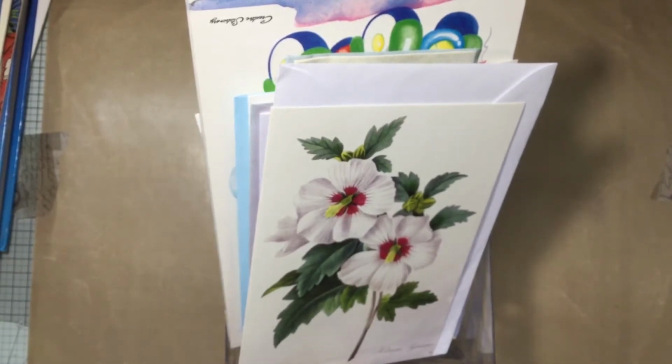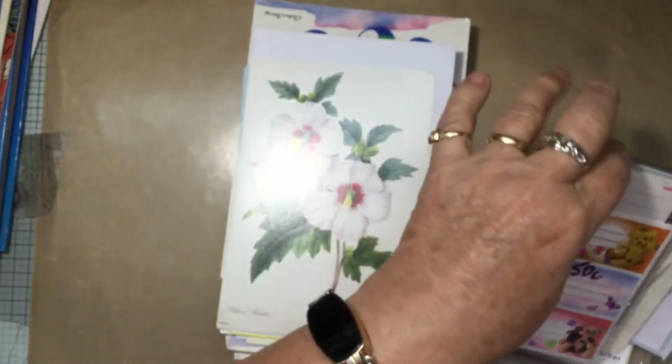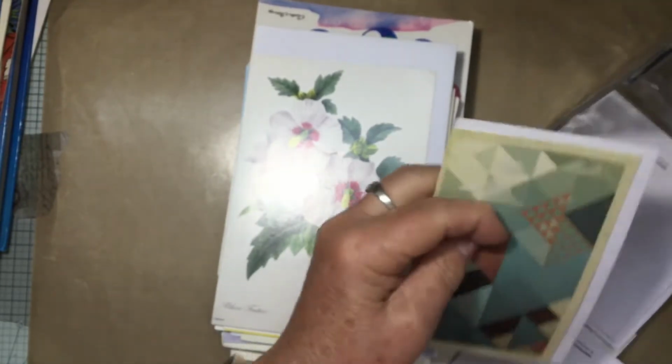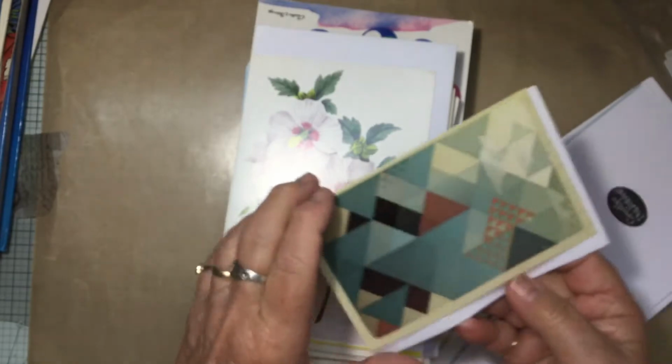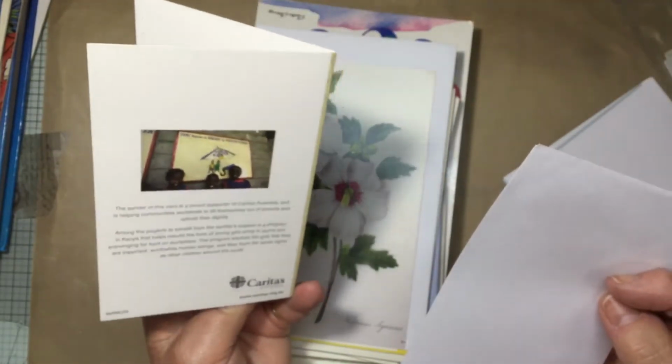I've been up to our local Salvos this morning and I came away with everything I'm going to show you for $17 and I was a bit chuffed. This little box of goodies, they were all like little cards, just that I can perhaps pop into